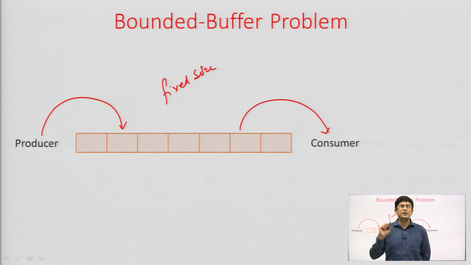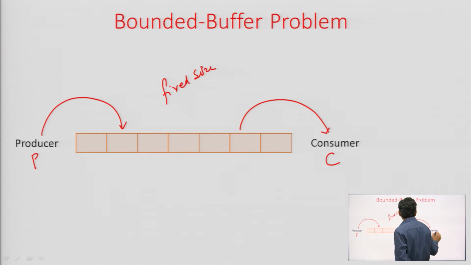We were storing the messages at a common place. Wherever the common place was used for accessing or storing the messages, that is actually the buffer, and that buffer is usually of a fixed size. We cannot have infinite memory, so obviously we will have to keep a fixed size buffer. So there is a producer process that produces an item and keeps it here in the buffer, and there is a consumer process that consumes the item from this buffer. So access to this buffer